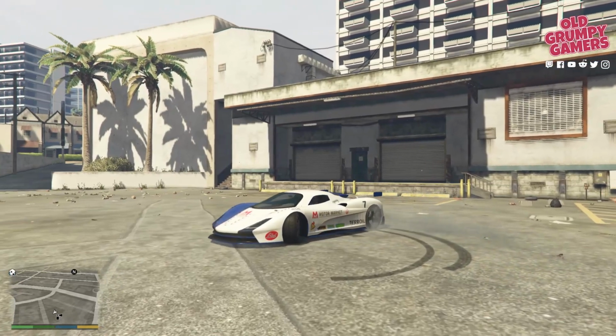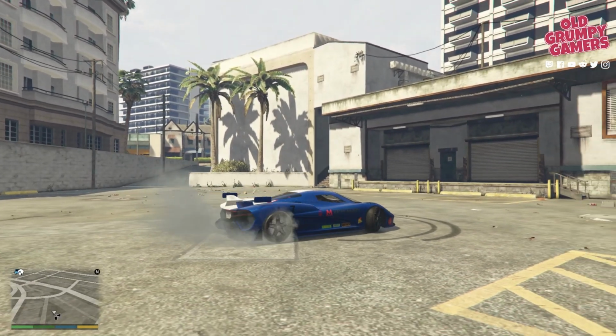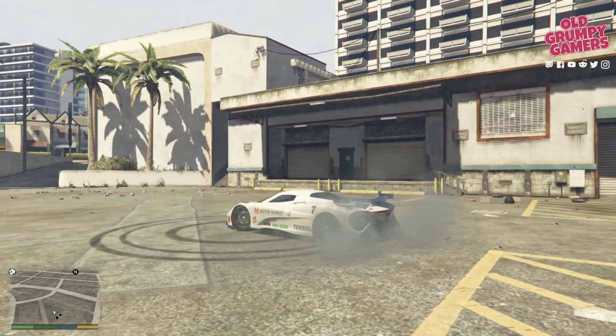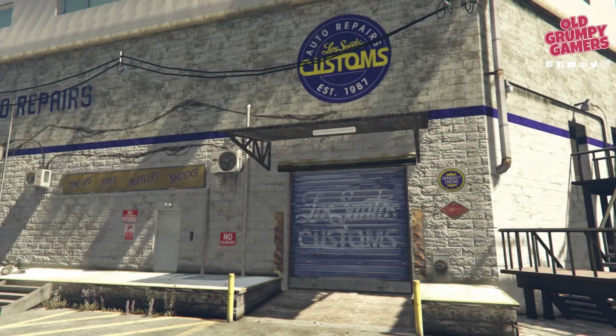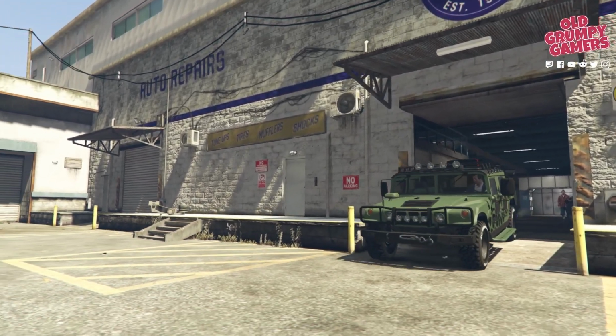For a super, $1,974,000 is a pretty good deal. I probably wouldn't buy this one special, but if you need a vehicle in this class, yeah, you could do a lot worse. The Patriot Mil-Spec is next, which is typically purchased for